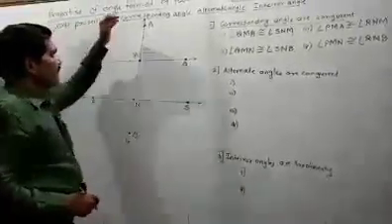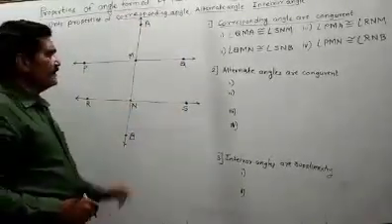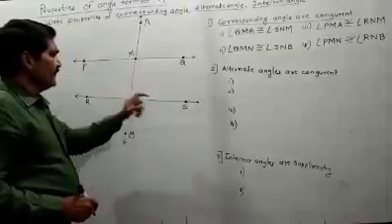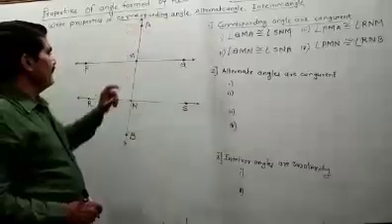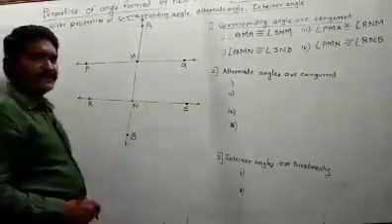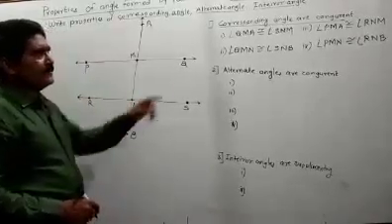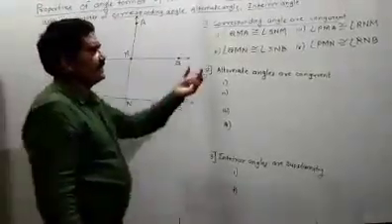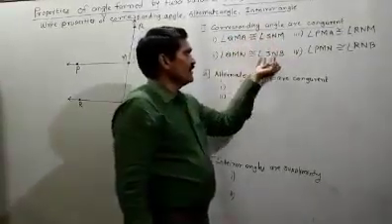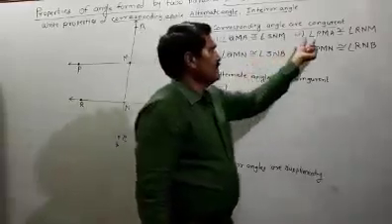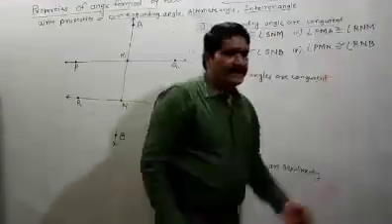Everybody understand this? Angle QMA, angle SNM. Then the second pair is angle QMN, angle SNB. The third pair is angle PMA, angle RNM. The fourth pair is angle PMN, angle RNB. Okay, these are the four pairs, and you have to utilize that. When these are corresponding angles, they are congruent.